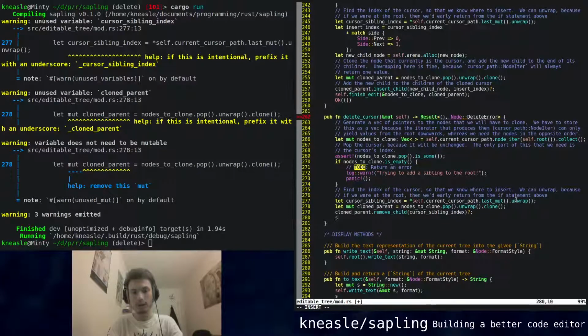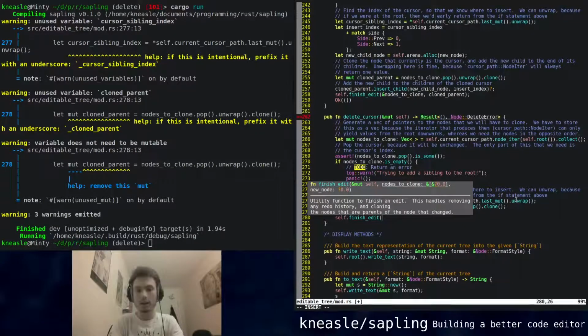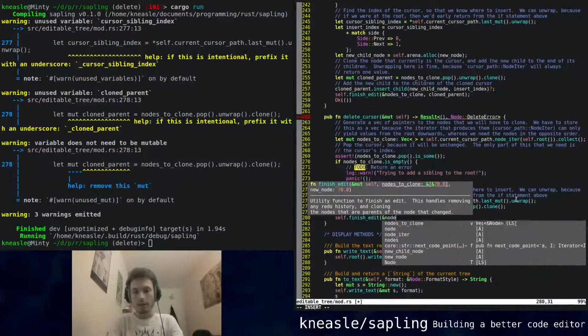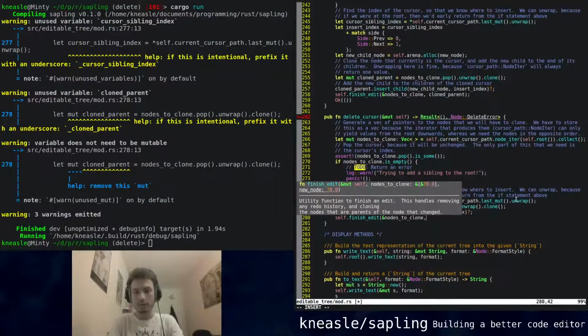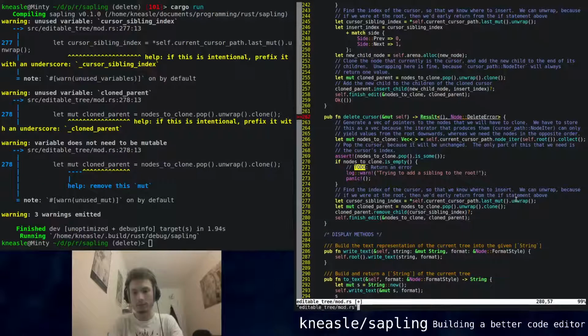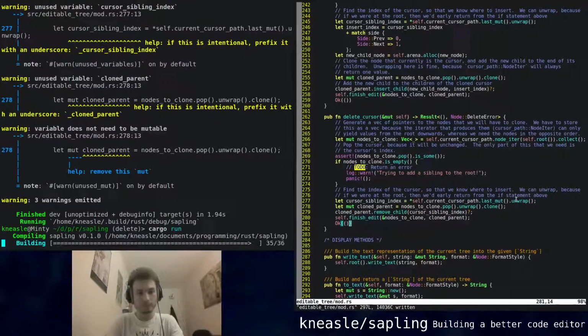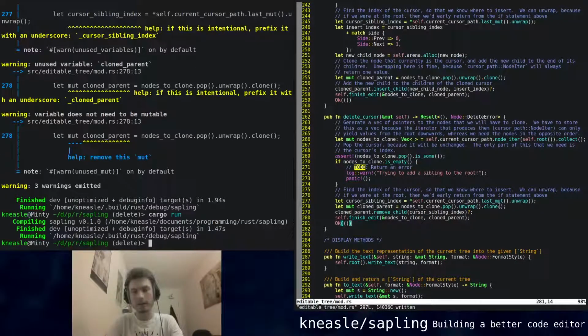Once we do this, we need to just finish the edit. We call a helper function that just stitches the tree back up. And we want to go to it through nodes.clone, and the cloned parent is the node we want at the bottom of that edit. And then once we've finished, we just return OK. Okay, and now we don't get any warnings because Rust thinks that our thing could be a library, so this public function, even though it's never used anywhere, won't trigger a warning. However, we will